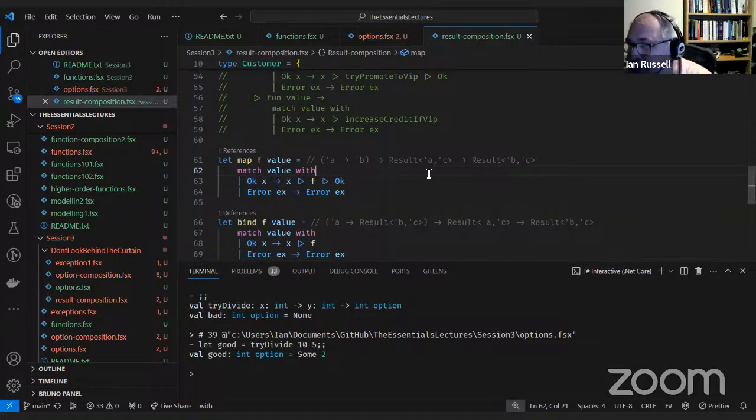So this map function is saying if I take a value that's a string or an exception, and I have a function that takes a string and returns an int, by running the map function, I get a result of int and exception.